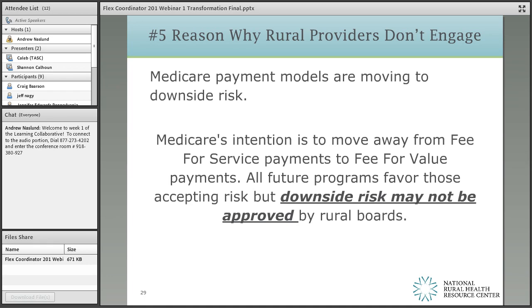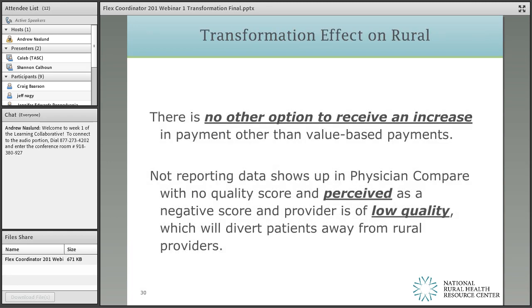And the last one is taking downside risk. I came across this a couple of times, but actually more than a couple of times. Hospitals that are political subdivisions or those managed by taxing entities may have a more difficult time explaining and accepting downside risk, especially in collaboration with other disparate tax ID numbers. I think I actually worked on this 20 years ago, and it was almost impossible because there wasn't really anybody that saw the ability to have a return. Now in this value-based world, I think there's a reasonable opportunity in collaborating to the point of doing this.